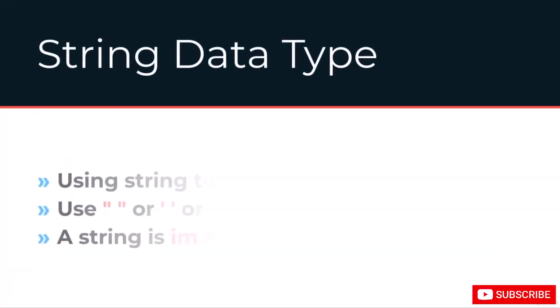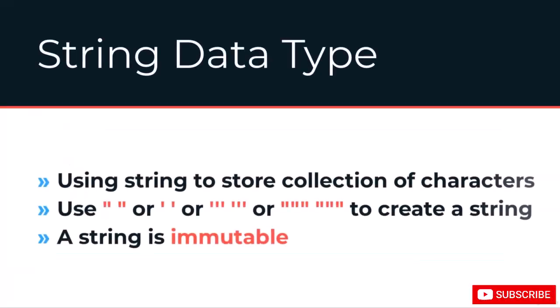Hi everyone, welcome to this lesson about the string data type in Python programming language. You can use strings in Python programming language to store a collection of characters in between single quotes or double quotes. Or you can also use triple quotes to create a multiple line string data type or docstring. In Python programming language, a string is immutable,